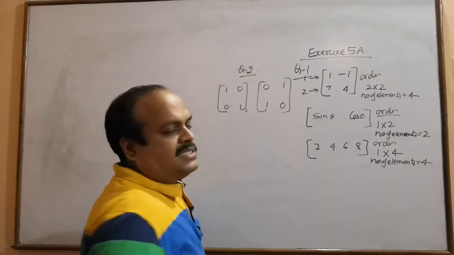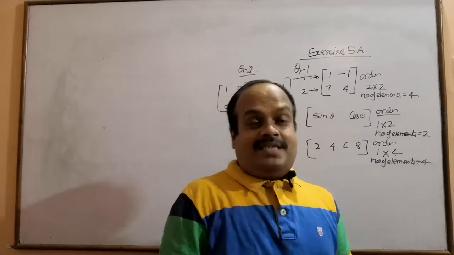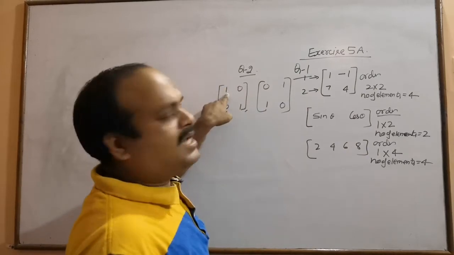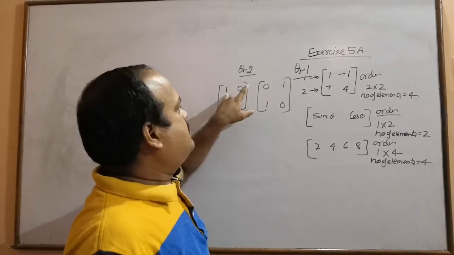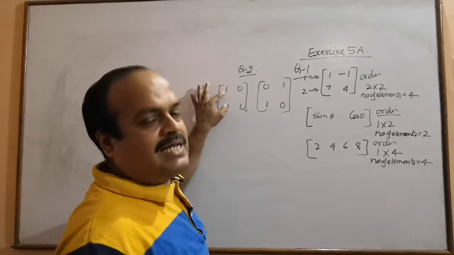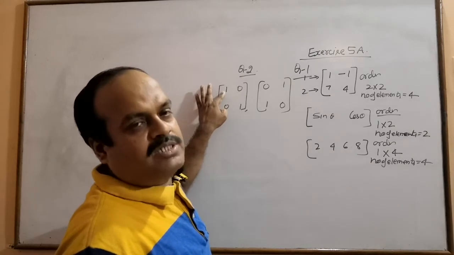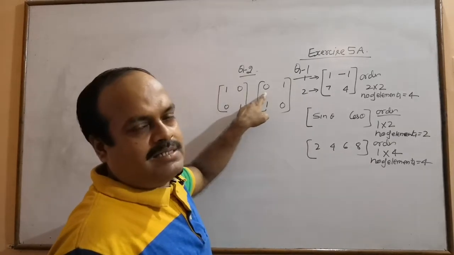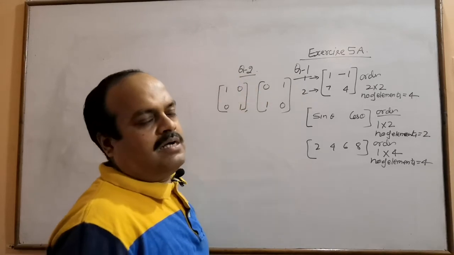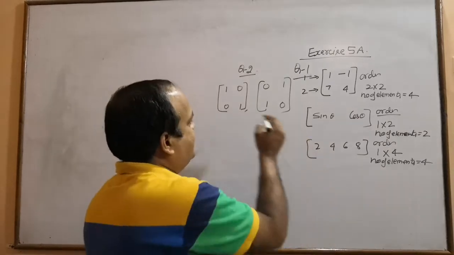These matrices will be equal only when the first element is the same as the first one. This is an element at the place first row, first column, and here at the place first row, first column we have 0. So corresponding elements are not equal. So how can we say that the matrices are equal? Unequal.